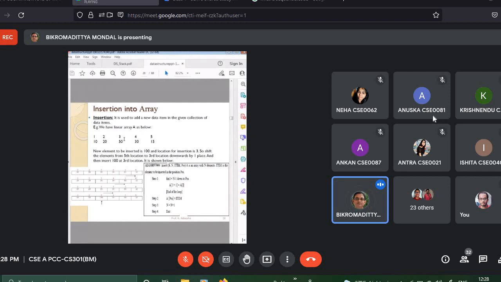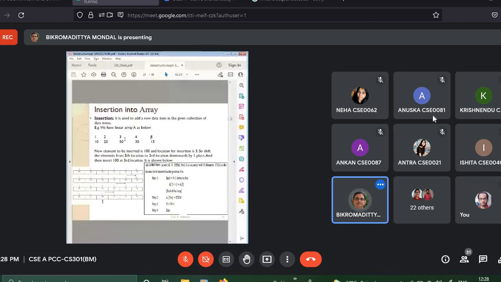Later we'll study how the priority is maintained. Say, for example, suppose we want to keep only the higher priority values. In that case it may happen that there is an overflow situation, all the locations are filled. So in that case we will remove the element that has the lower priority. In that case, the definition of overflow will be different. But here we are only considering the normal scenario.